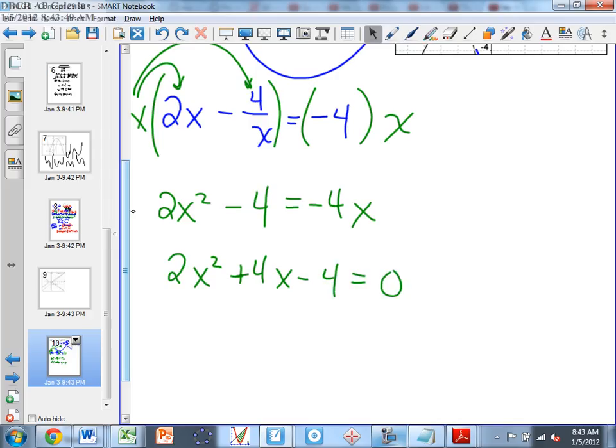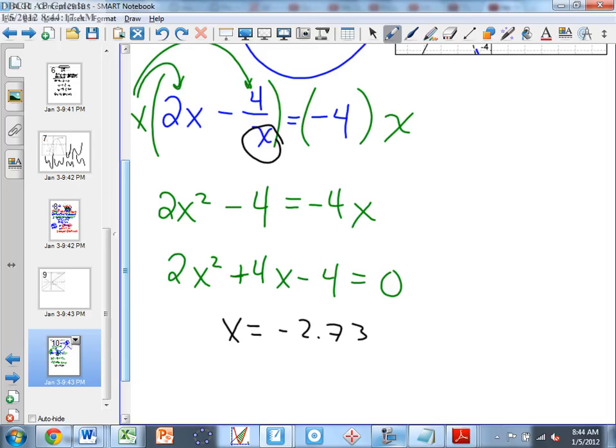I did this for this reason, because if you see this on something like an SAT, this is no different than any other problem. If you've got a denominator with a variable and you want to get rid of it, just multiply the whole equation by that denominator. It does work. Because of this x right here, we multiplied the whole thing by x. Now, solving this quadratic formula, we get